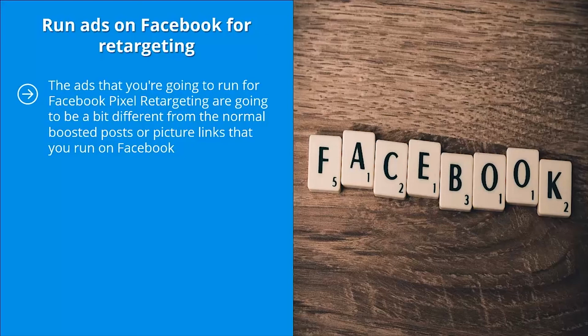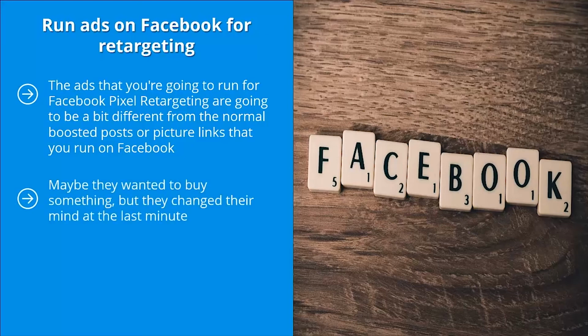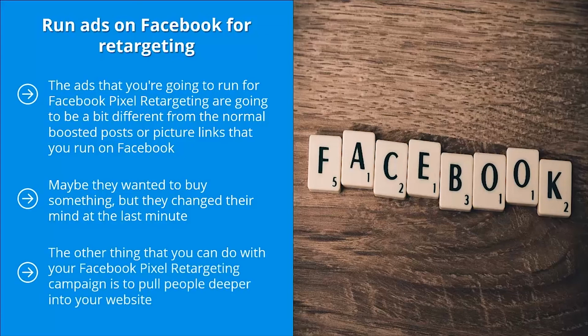Instead, these are going to try to achieve two things. First, you can remind people about what they did. Maybe they wanted to buy something, but they changed their mind at the last minute. Perhaps they were reading some sort of conversion article and were about to enter their email address, but they didn't. Whatever the case may be, you're reminding them to come back to what they were doing before. The other thing that you can do with your Facebook Pixel retargeting campaign is to pull people deeper into your